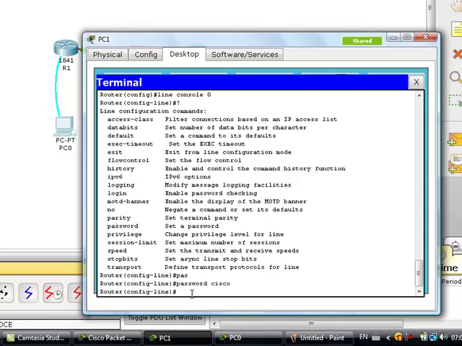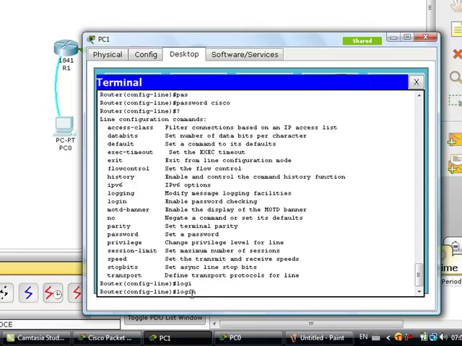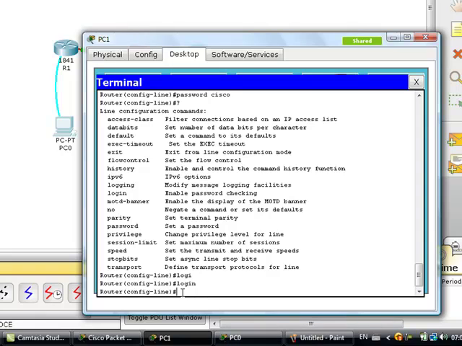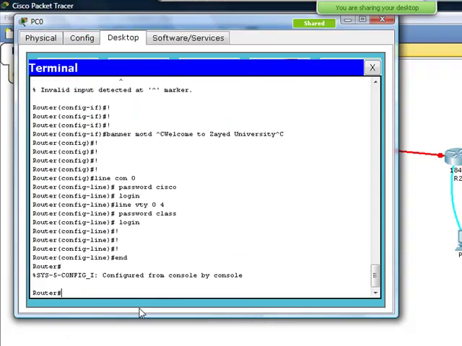The next step is going to be login. That means you haven't enabled the password yet. You set the password, and in order to enable it for each session, you use the following command, which is login. Okay, and here we go. Right now, we have protection on the console port. If I close my HyperTerminal, enable, okay, end or exit,